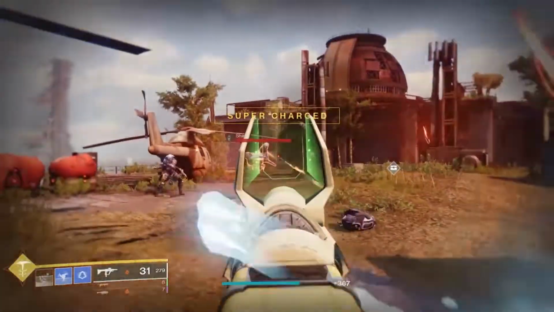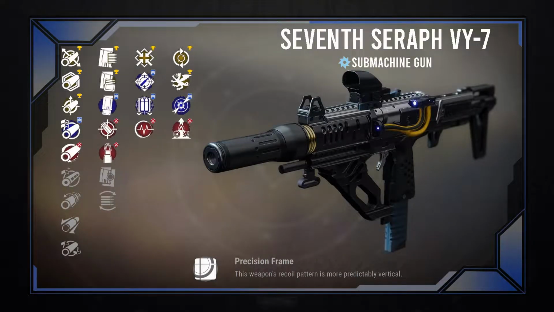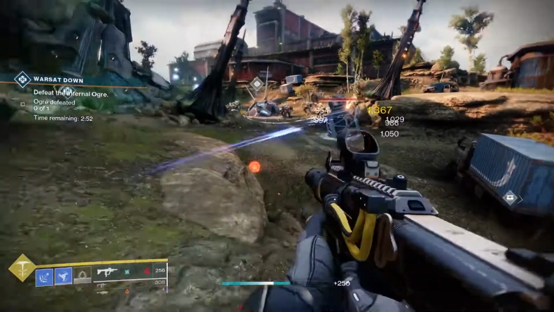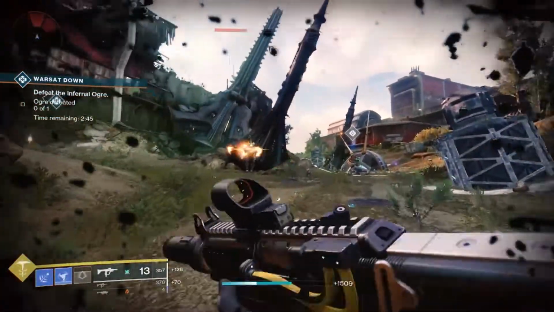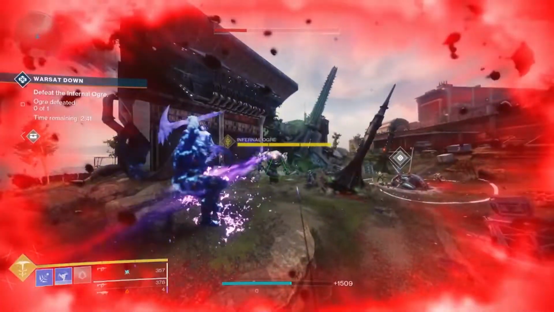This list would be remiss without mentioning the 7th SERAPH VY7. Introduced in Season 10, this SMG is the oldest on this list. The 7th SERAPH VY7 is an arc precision frame, lending it a more vertical recoil and 600 RPM, making it the lowest RPM on the list. This means nothing, however, when it comes to firepower, as the 7th SERAPH SMG hits hard and is capable of